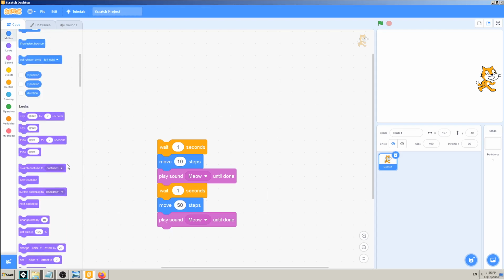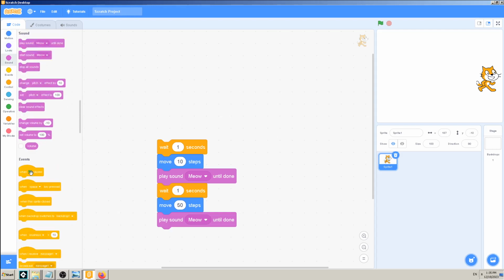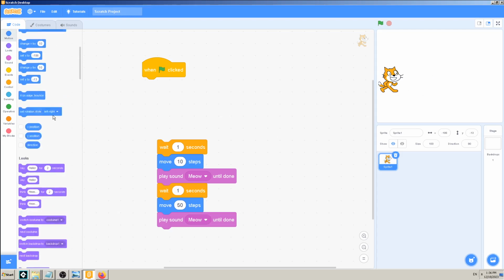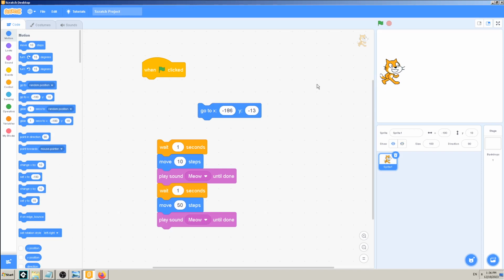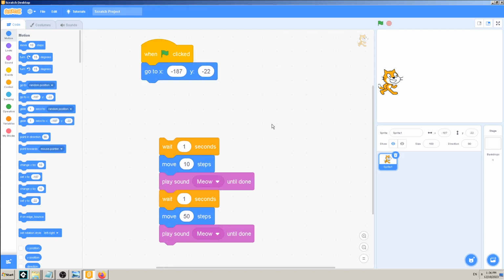So when my game starts, there is a code block for that. Here it is. When the green flag is clicked, that means when the game starts. I want this guy here, this cat Scratch, to be where? Here on the left side. So I need to find the motion block which says go to, and go to where? You can see how now these numbers change. So I want it here, for example. I will click and drag it and connect it to the when green flag is clicked. I will delete this one, and I will now